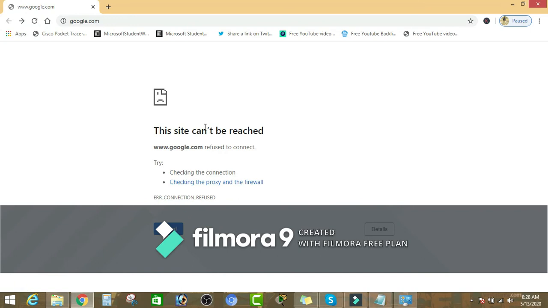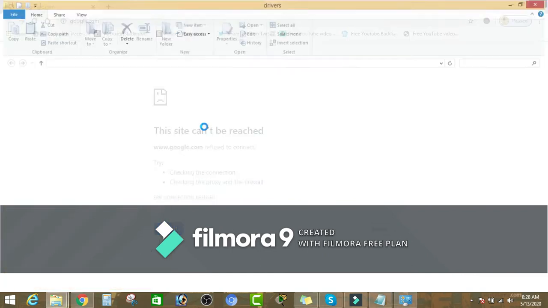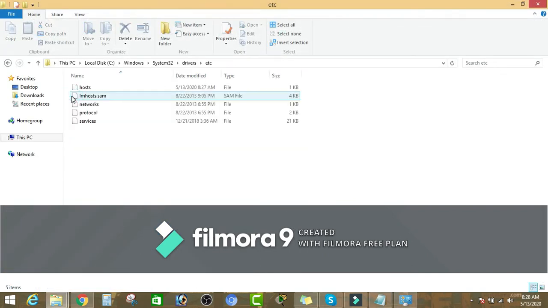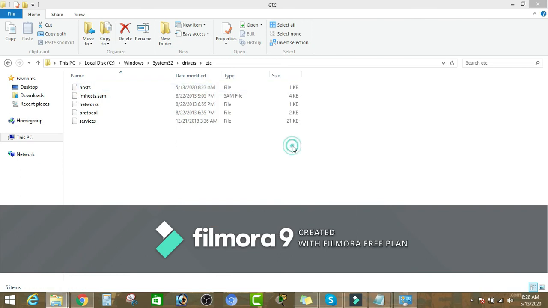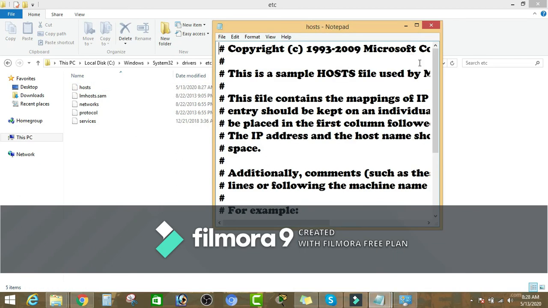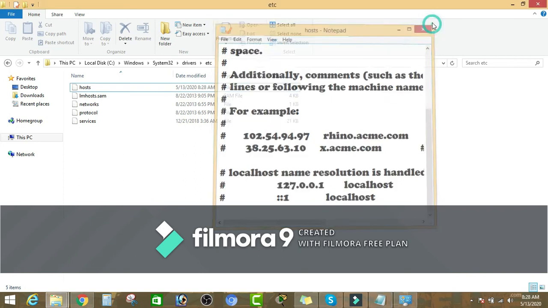If you want to access the internet again, you have to go to the same path, drivers, etc, hosts, notepad, and you have to remove this from the hosts file, save it and close.